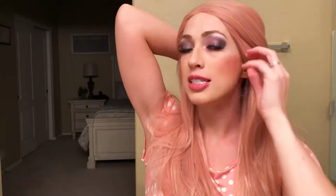Style that works well: I really like the half-up styles with this wig in particular because I feel like it makes it more realistic, and I really like showing off, I don't know if you can see, when it's glued down the side part here because it looks like it's actually hair coming out of your head. It was funny because I wore this wig to my company holiday party, and it was kind of a low light setting. But obviously